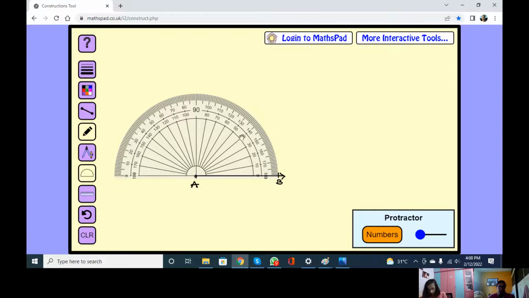How to do that? Start from 0. So 50, 60, 70, 80, 90, 100, 120, 130 and 140. In between 130 and 140, 137 degrees is there. This big line is 135. Now count 2 more towards the 140. 135, 136, 137. So this is our